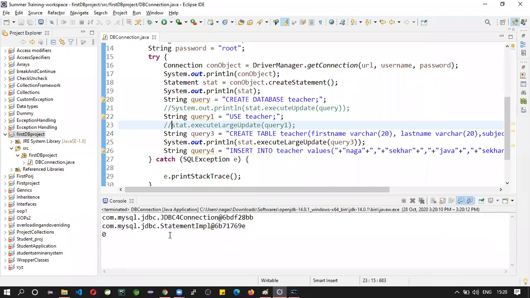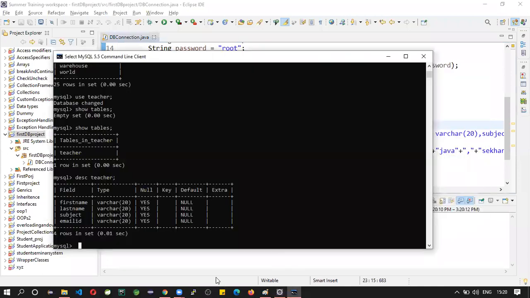No exceptions or errors. Let us shift to the database. Now select the data.